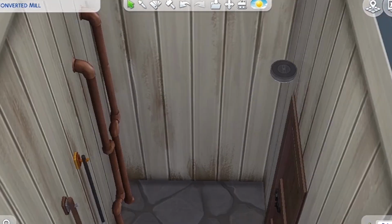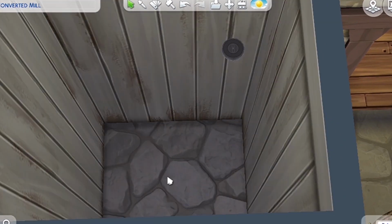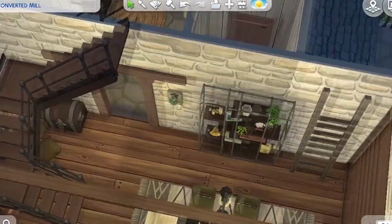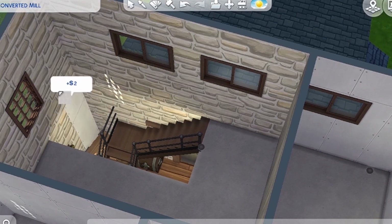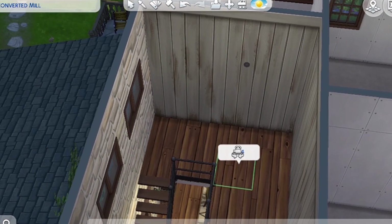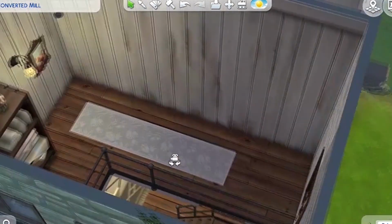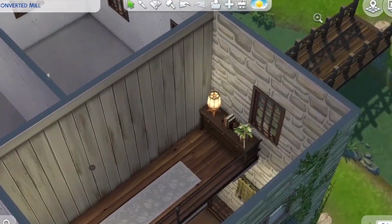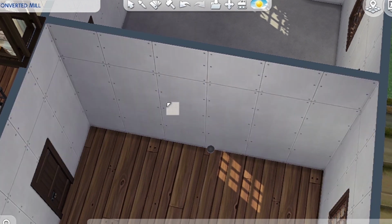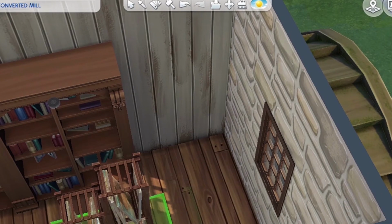I went ahead and used stone on most of the interior walls because I looked at lots of pictures of converted mills and that's how they all were. Anything that was on the exterior was on the inside as well. So that's what I wanted to do. And then this older looking paneling is on all of the fully interior walls. On this floor, we have the main bedroom and one bedroom that has been converted into their office / studio space. And then the teenager, I have a teenager living here, and they're actually up in the attic,